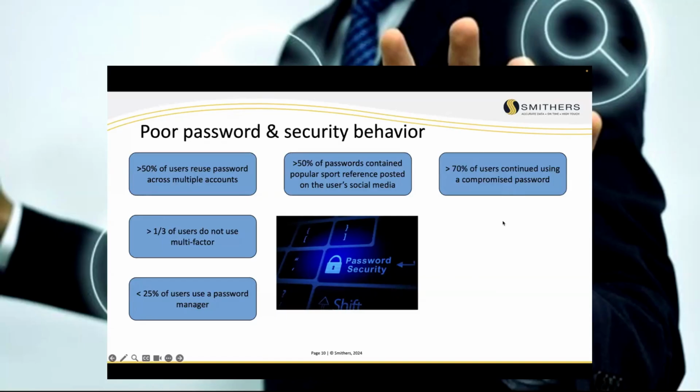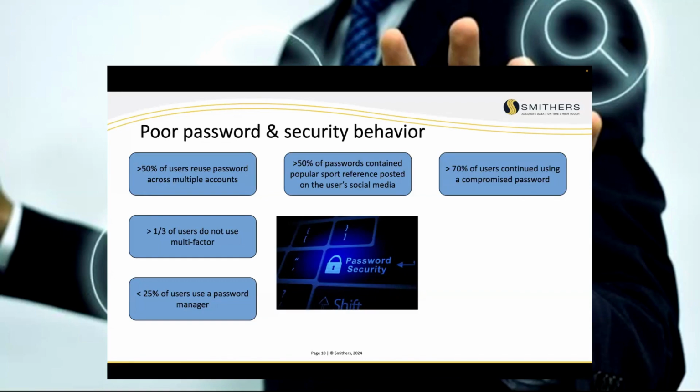This is interesting. Any of you ever get that email? You've signed up for Experian or TransUnion or your bank or Discover, and they do the dark web search, and they pop this up. By the way, if you have a password manager, they do it as well. It pops up and says, hey, we noticed that this username and password combination was recently identified in a breach and is out on the dark web. 70% of people who get those notices continue to use that same username and password combination, even on the system that it might have been taken from in a breach.